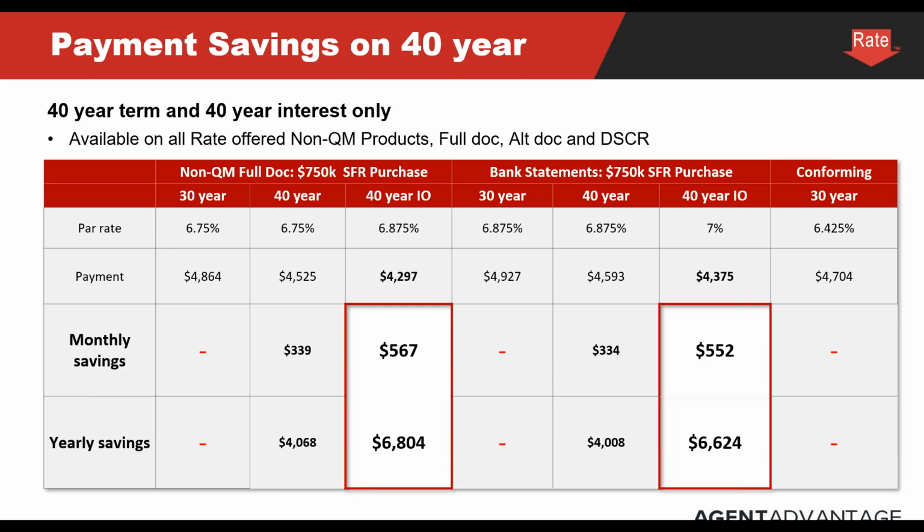A year, guys. A year. And so these are just different ways that we're coming up with clever options to really help people buy more homes. And this is the time and place when housing affordability is an all-time issue, and having great resources like this can really be a deal saver, or could help get that home buyer to think about, maybe I will buy that house. I think I'll go for that. So 40-year and 40-year interest only are amazing options. Now let's go to my next favorite